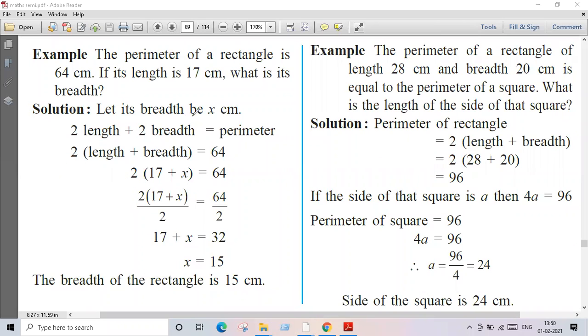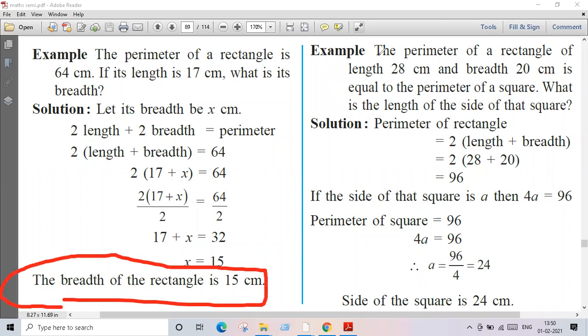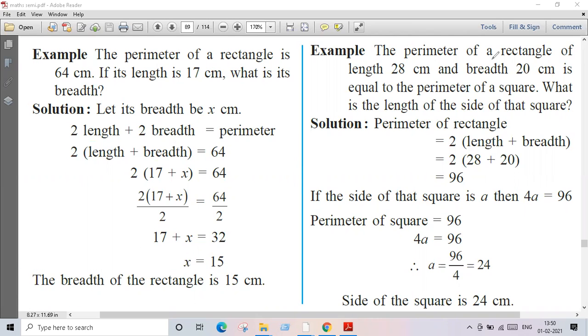So let its breadth be x centimeter. Use the formula 2 into length plus 2 into breadth is equal to perimeter. Perimeter is 64 given to us. 2 into length, length is 17, x is the breadth. So we have taken 2 common here actually. यहाँ पे common निकाला है, दोन common काढले इथे बघा. So here 2 तिकडे जाऊन division होणार. So you'll get 17 plus x is equal to 32. x is equal to 32 minus 17, 15. आता गणित सॉल्व एक्झाम्पल पटकन कळत नाही आपल्याला, पण यामुळे आपल्याला आयडिया येते how to solve it. जेव्हा आपण actually सॉल्व करायला जाऊ, then you will come to know की आपण कसं सोडवत आहोत.